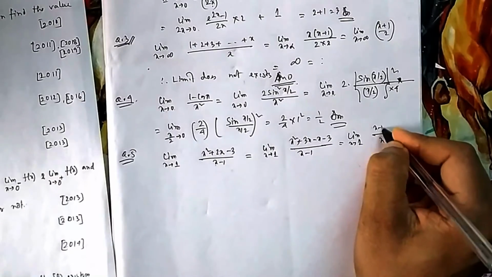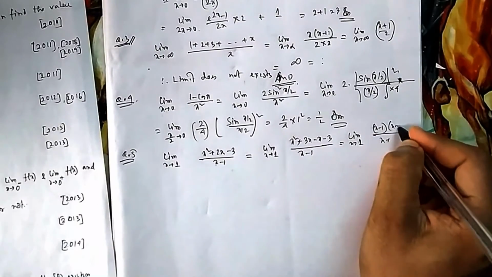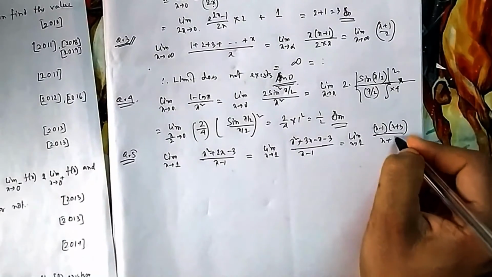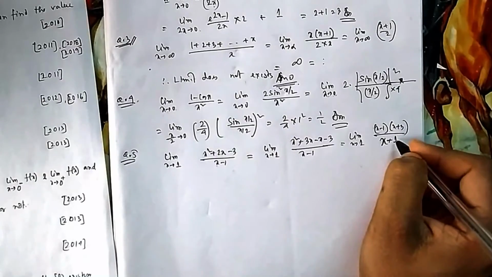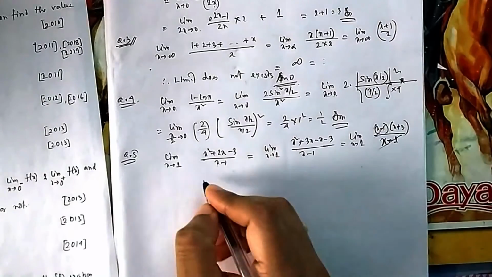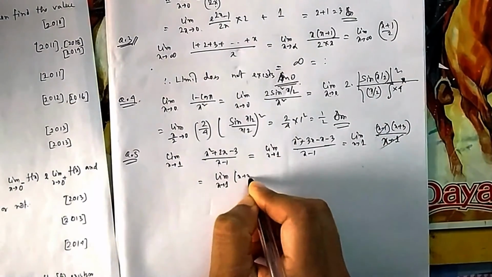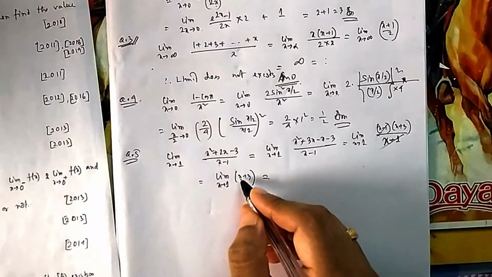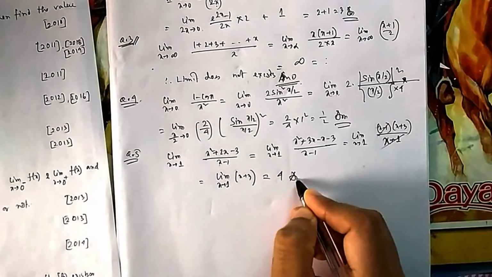You can write it as x minus 1 and then x plus 3. So x minus 1 you can cancel because x is not equal to 1, so it will never be 0. So therefore it will be limit. Now you put x equal to 1. See, is there a problem or not? If you put x equal to 1, 3 plus 1, so no problem. So you can directly put it there.